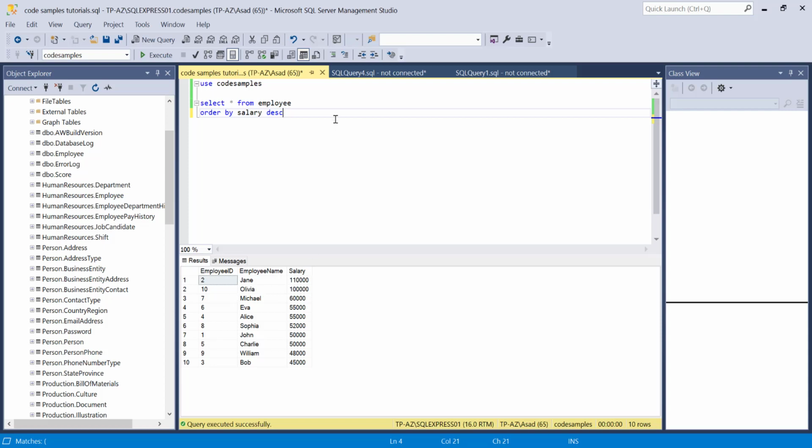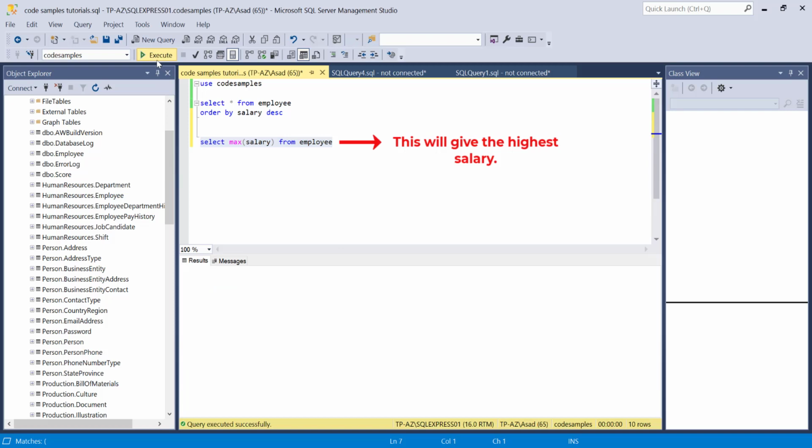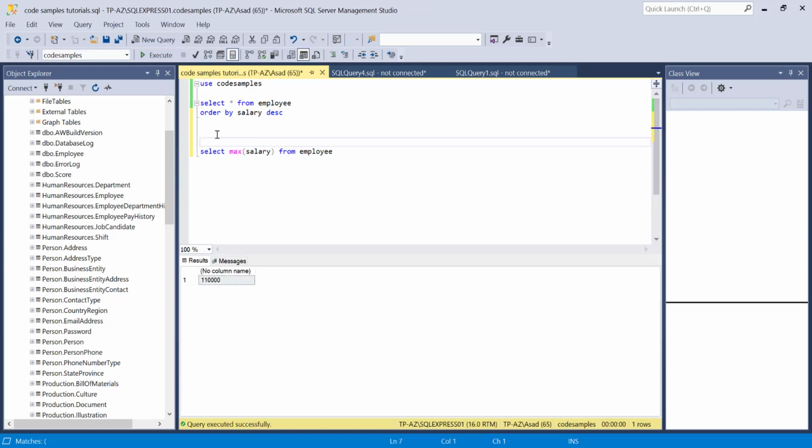highest salary with $100,000. So to find the highest salary, what I can do is I can just say select max salary from employee, and this is actually gonna give me the max salary, which is 110,000. So let me execute this, 110,000, and then if I want to see the entire row with this max salary,